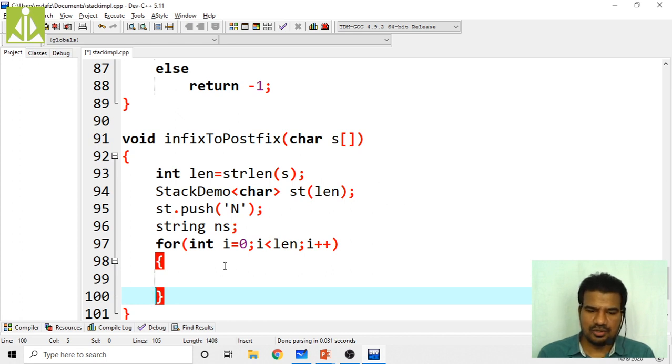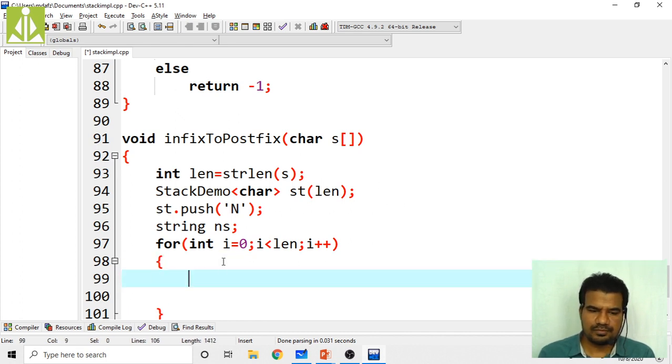Inside this, what do we have to do? If the scanned character is an operand, how can we check that?